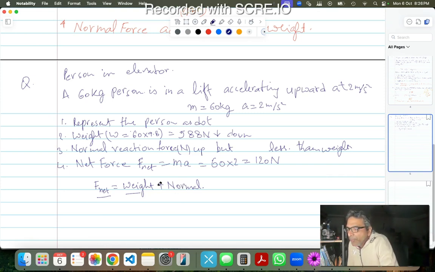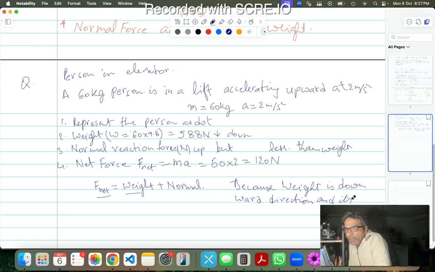So because weight and normal are opposite, I have to take one of them as negative. Okay. So let's consider weight as negative. All right. Because it is down and normal is up, I'm taking up as positive and downward as negative. Okay, I'm just mentioning it because weight is in the downward direction,